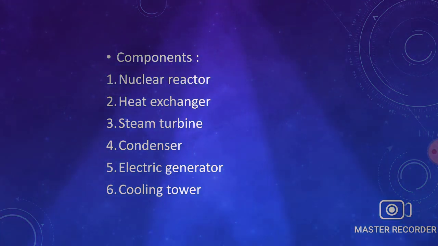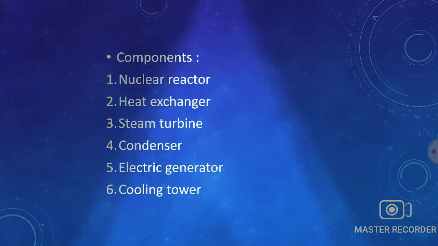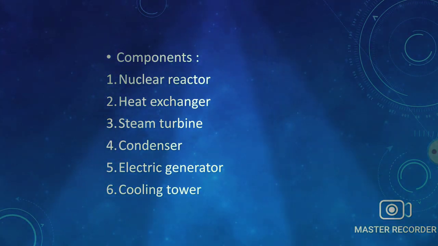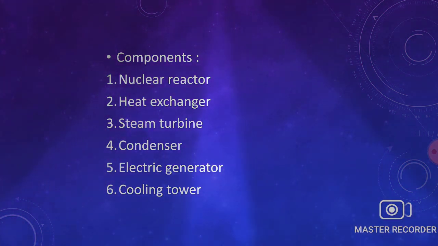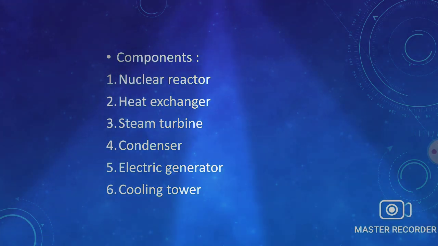But as the coal combustion takes place, there are many disadvantages such as it pollutes the atmosphere, it produces ash, and it produces flue gases or toxic gases. That's why instead of coal combustion, we can generate the heat by using nuclear energy or a nuclear power plant. Now let us see what is nuclear energy, and there are three steps.